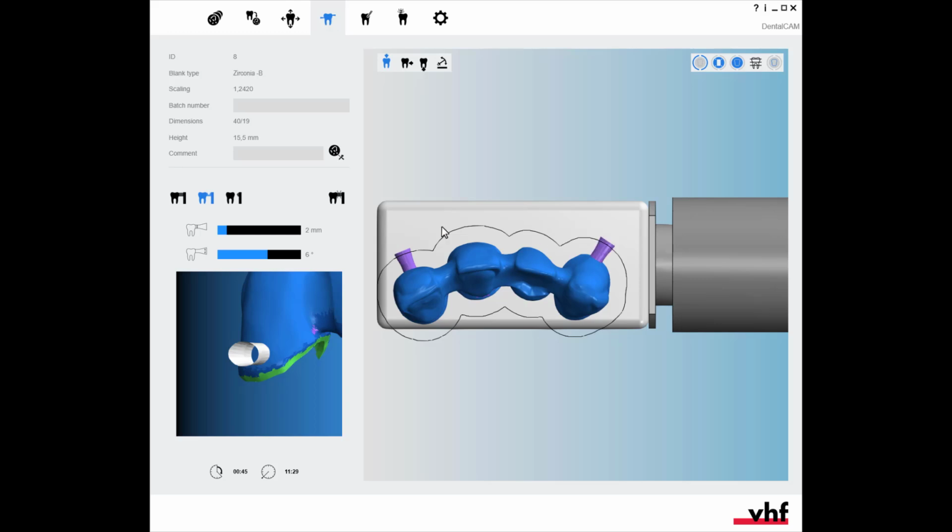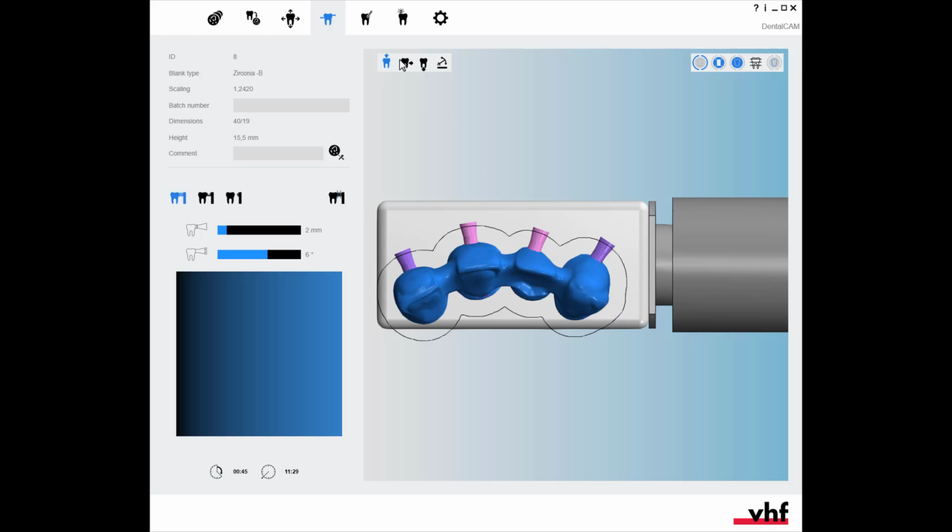Now we will set 2 fully reduced bars on the 2 remaining units. They will stabilize the object during milling and then get fully removed. Done. If you cannot set enough bars on the top side, it is often possible to set a bar on the right bottom side of the object. But this is not necessary here, so I'll delete the bar right away.